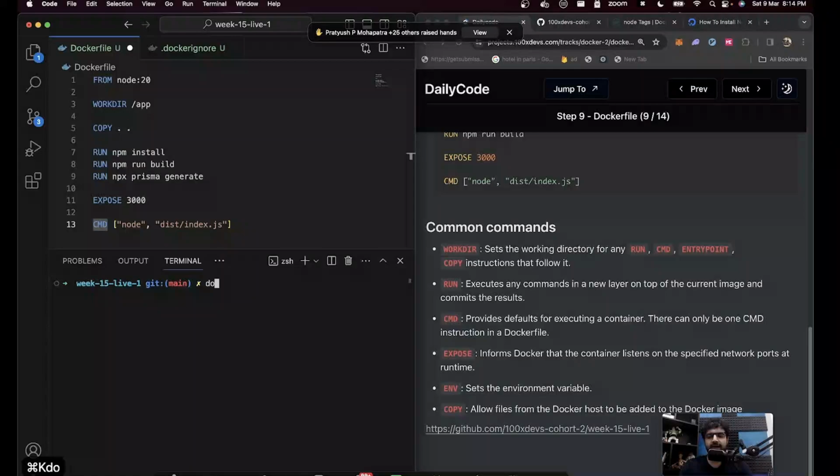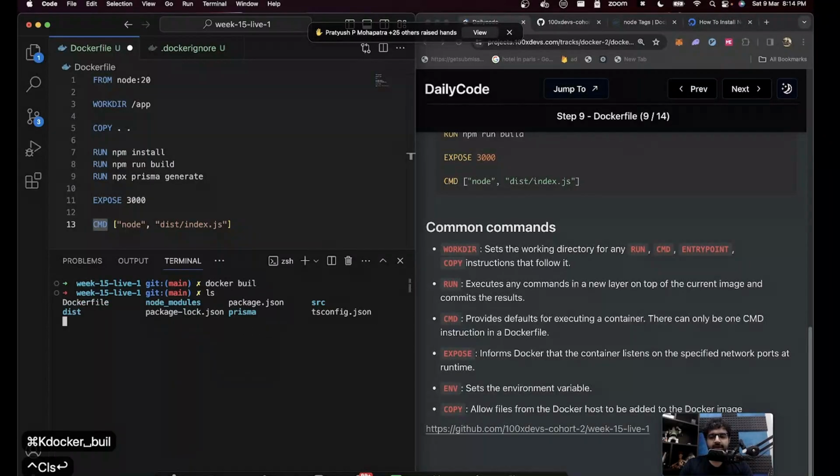And for that, the command is as simple as: make sure you're in the same folder which has your Dockerfile. And then run docker build -t, which basically means what tag or what name you want to give to this specific image. For example, if I was the creator of Mongo, I would tag it with mongo.